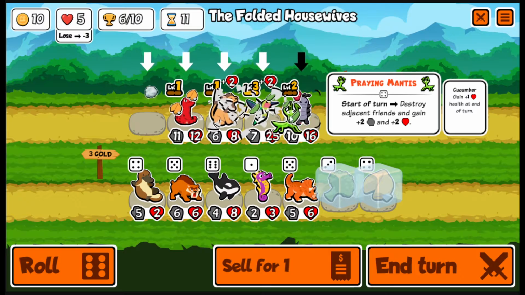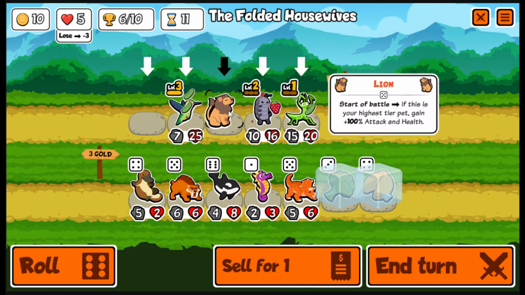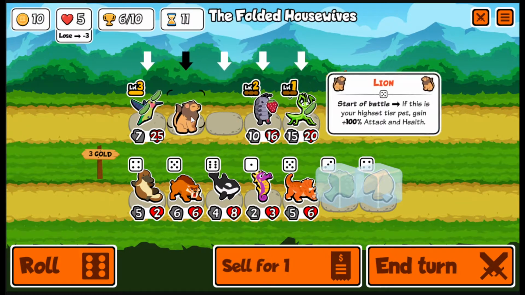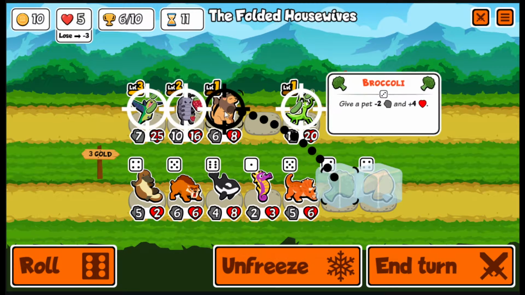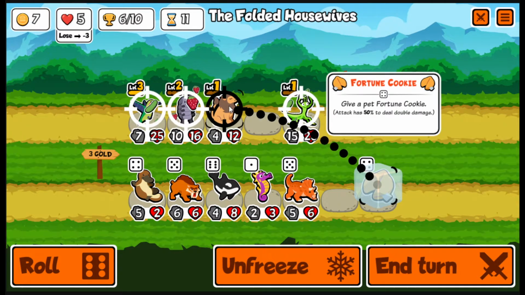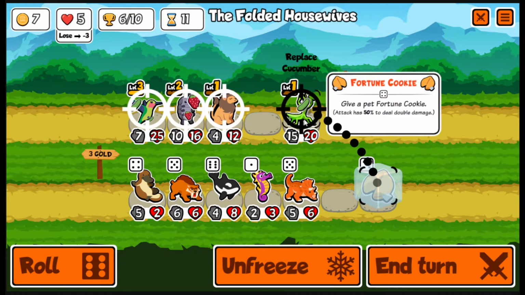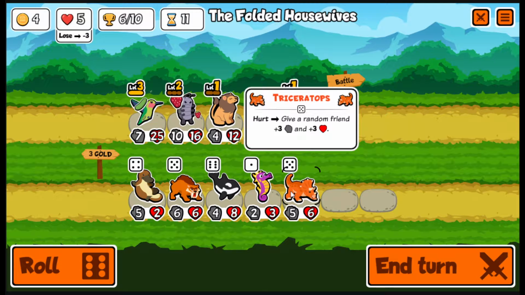Okay, yeah, let's let all this happen. Move you up. Then we gotta leave an empty space for our sacrificial thing. Carrot on our line would be nice, to be honest. I think I'll give you a fortune cookie at this point. Then we gotta...